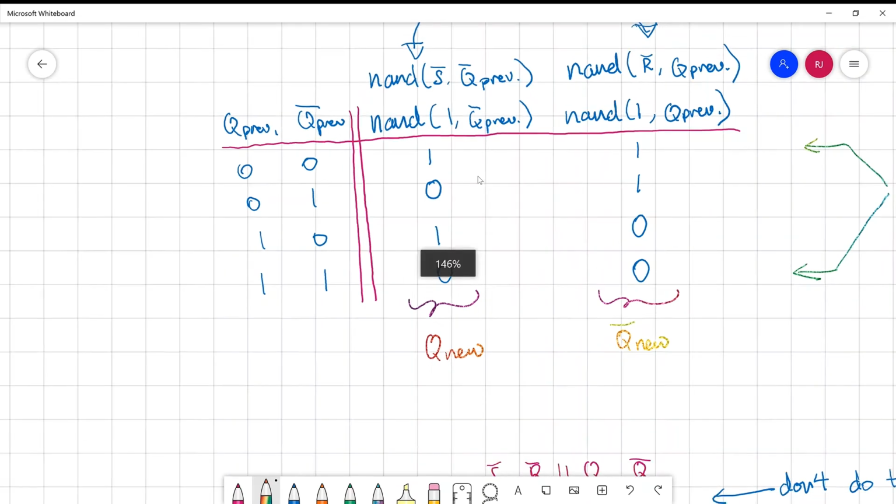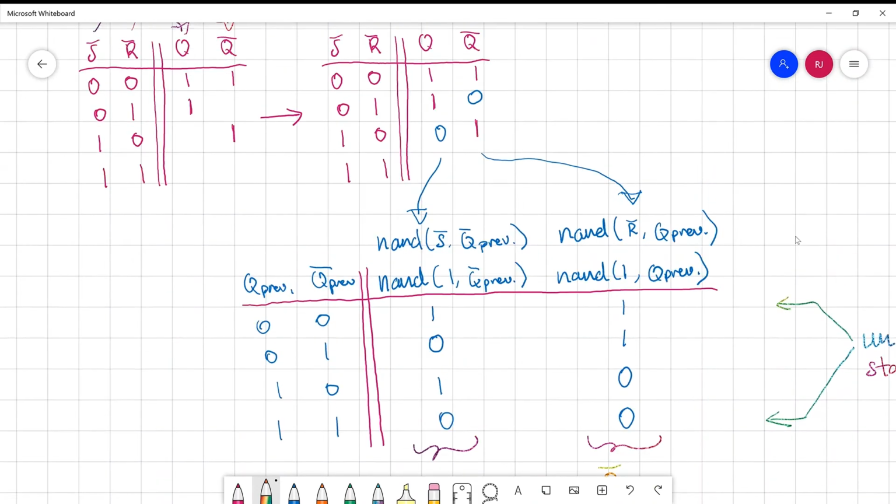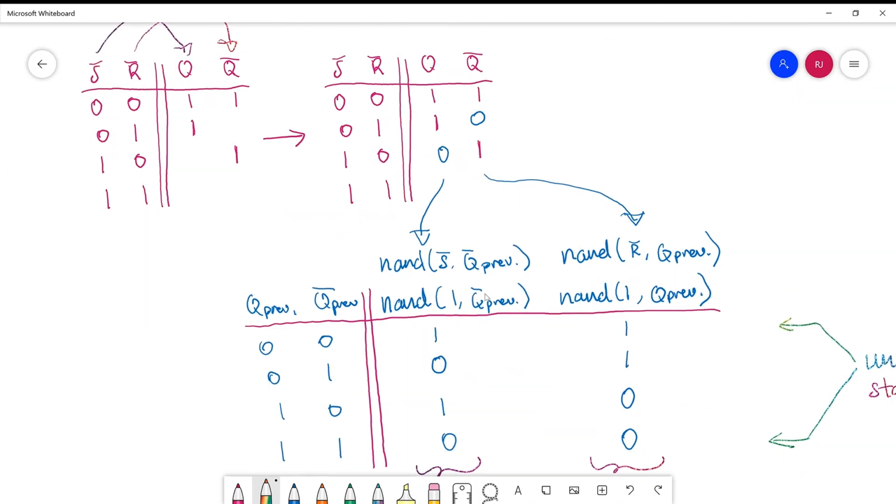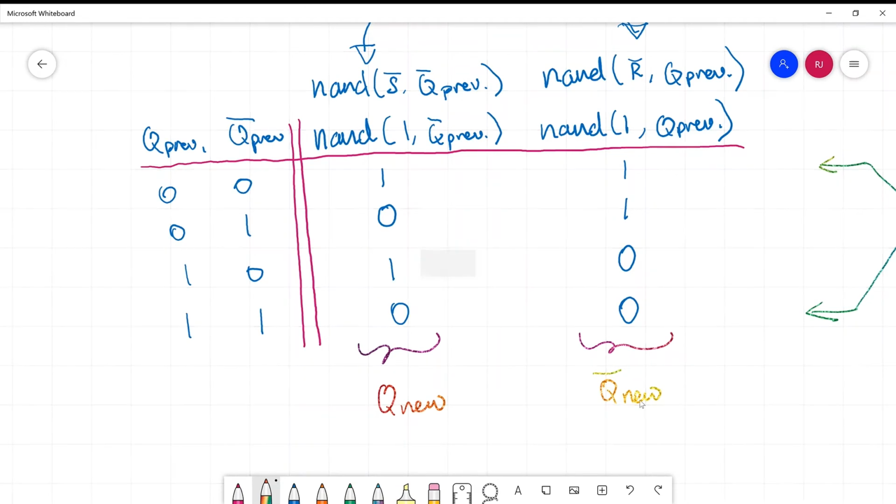Before we move on any further, remember that this whole computation on the left is to figure out what the current value of Q is, and this computation on the right is to figure out what the current value of Q bar is. So that's all I've denoted down here. Instead of current, I wrote new, but same meaning. The next thing to notice is that